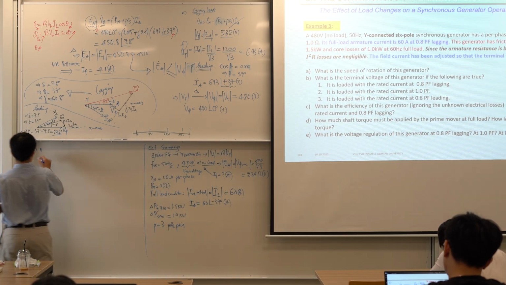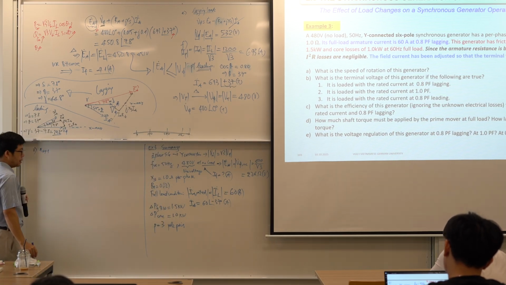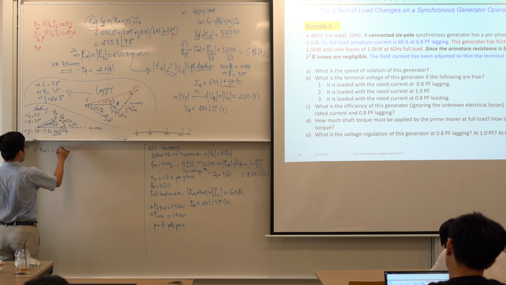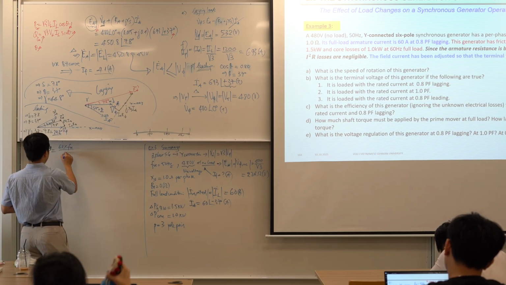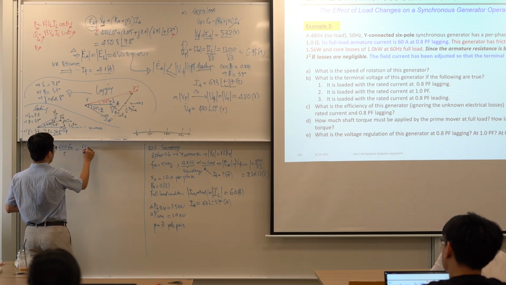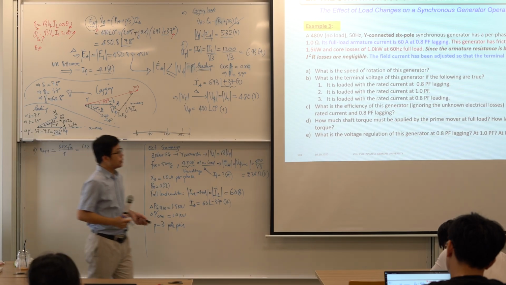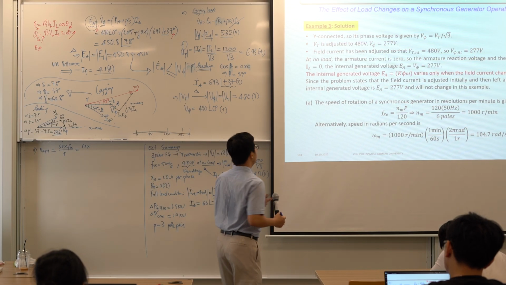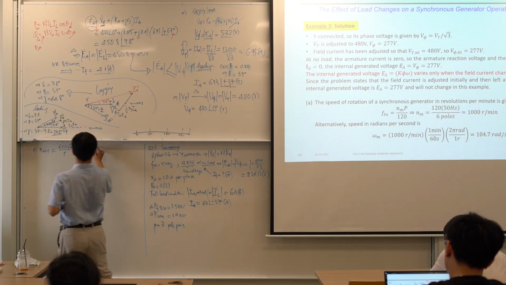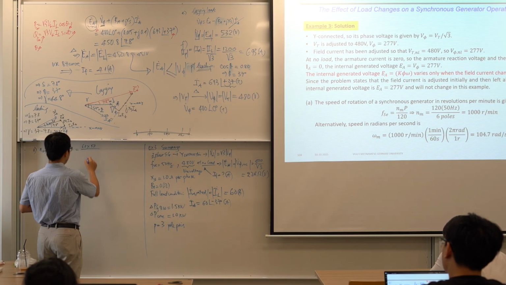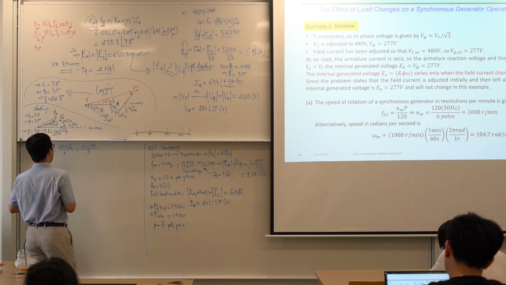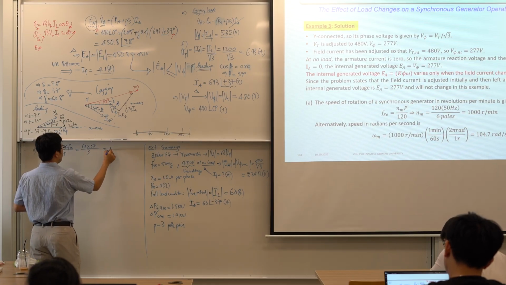So we get synchronous speed. Synchronous speed is 60 times fse divided by P. So 60 times, we just will check 50 or 60. Oh, 50, okay, yeah, so fse is 50 divided by P. How many P? The value of P is 3, so you get 1000